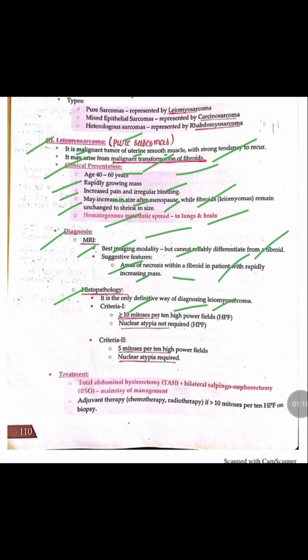Similarly, we also do the histopathological examination from the biopsy, which is the only definitive way of diagnosing and differentiating it from the fibroid. So, in criteria one, we have more than 10 mitoses and no nuclear atypia required. But in criteria two, there are more than 5 mitoses along with nuclear atypia required for the leiomyosarcoma diagnosis. And in the surgery, we do the total abdominal hysterectomy along with the bilateral salpingo-oophorectomy, and we also do the adjuvant therapy after the surgery,